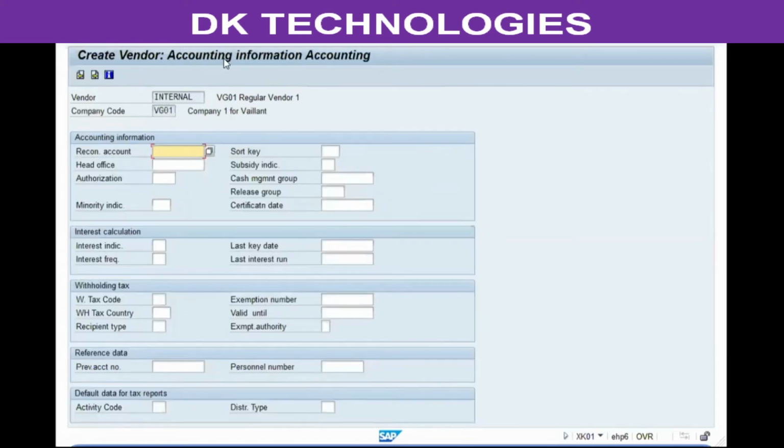The next screen is the accounting information. This is the first of the company code data. There are two interesting fields here, reconciliation account and cash management group. Reconciliation account is a type of general ledger account, or an accounts related element which is used for maintaining the value of all the transactions carried out with the vendor within this company